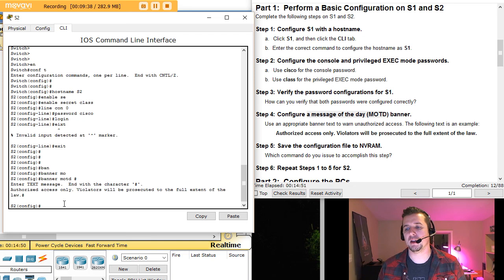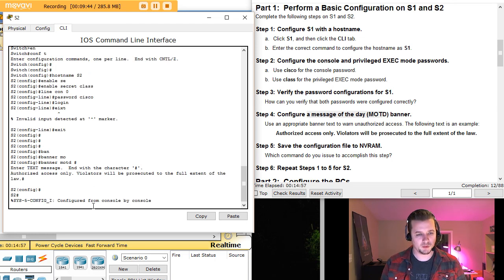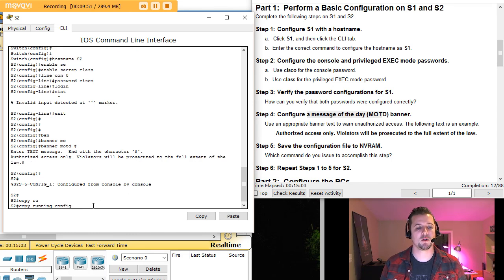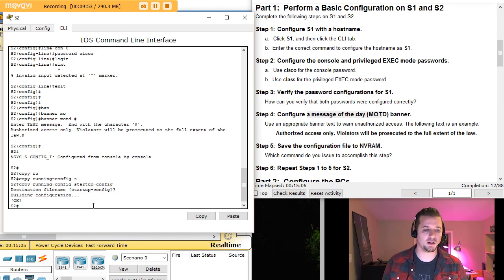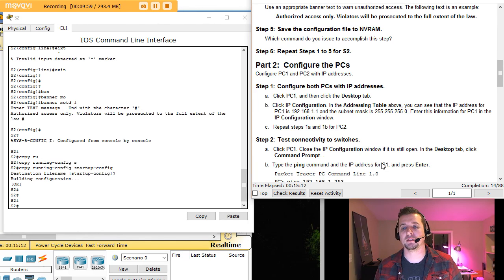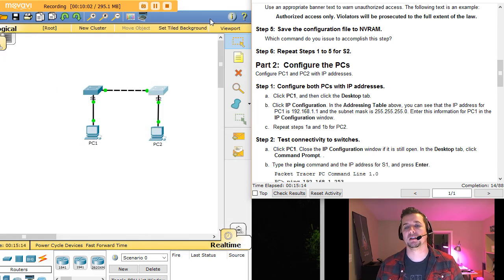All right, and then the next step is to go ahead and save your running configuration. Getting down to privilege mode by pressing Control-C, copy running-config startup-config, enter, enter, and 14 points out of 88. Part 2, configure the PCs or